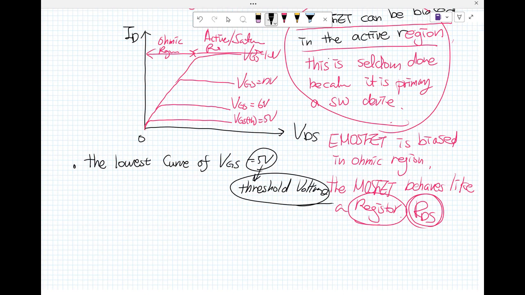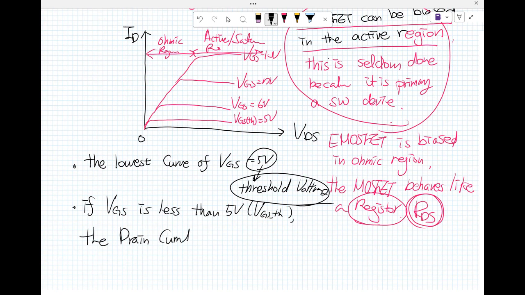So if V sub GS is less than 5 volt, V sub GS threshold, the drain current is approximately